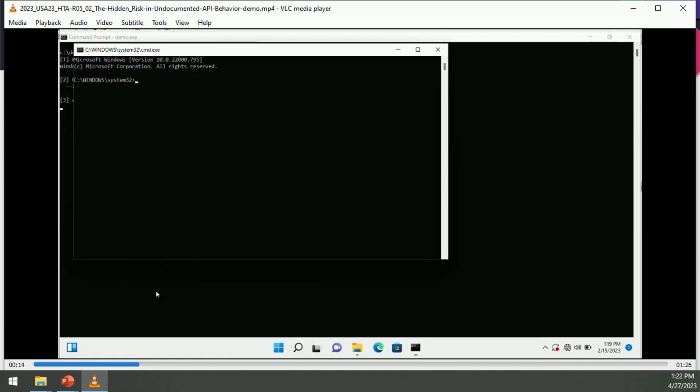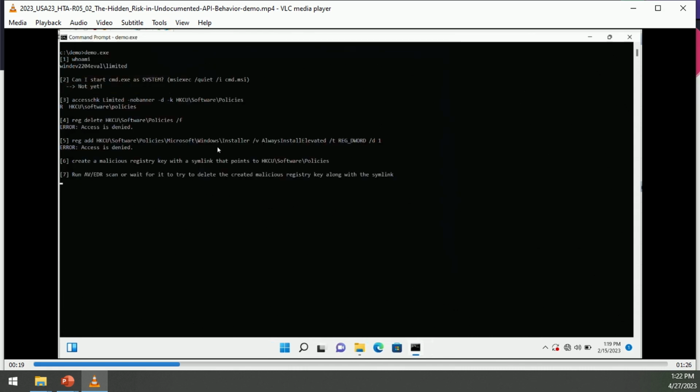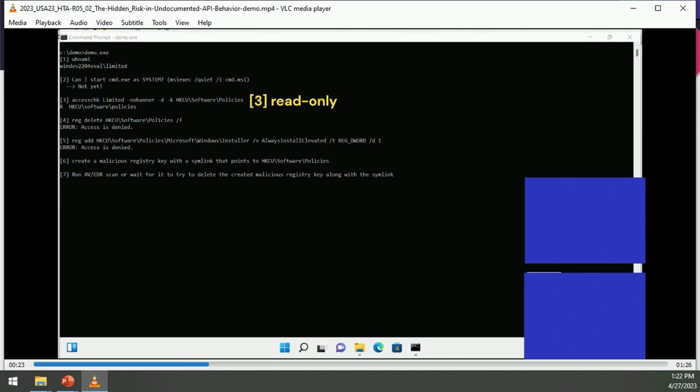So the MSI is going to run. It runs cmd.exe. If we run whoami, we'll see it's running as limited, what you would expect in a default standard user. And then it runs a bunch of verifications on the system. These verifications include just to check that the policies keys is read-only, as you would expect on a default standard user, and also tries to delete or write to that policies keys, but it will get access denied error as expected.